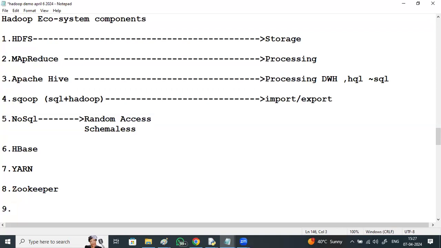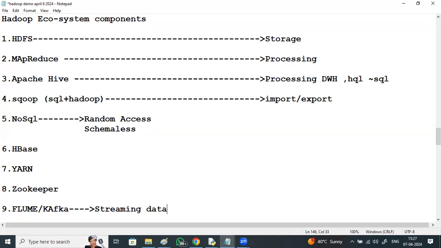And apart from this, Flume and Kafka, streaming technologies. Kafka is for advanced streaming, for capturing live streaming data.